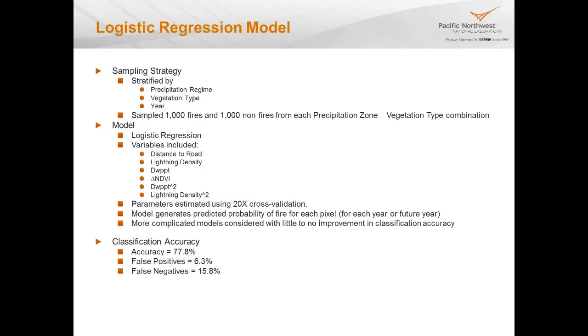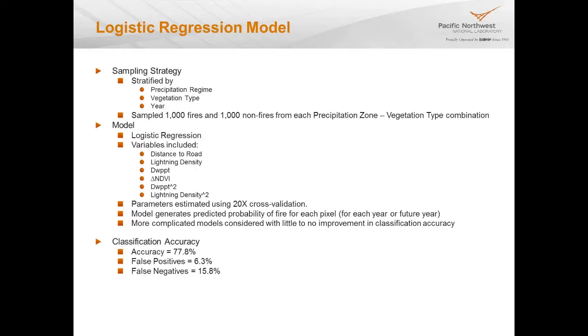And I just wanted to put at least one word slide up there that shows the logistic regression model, kind of how we went about it, and what we did in terms of cross-validation. And I'll call your attention to the accuracy below. So we got an overall accuracy of 78%-ish,